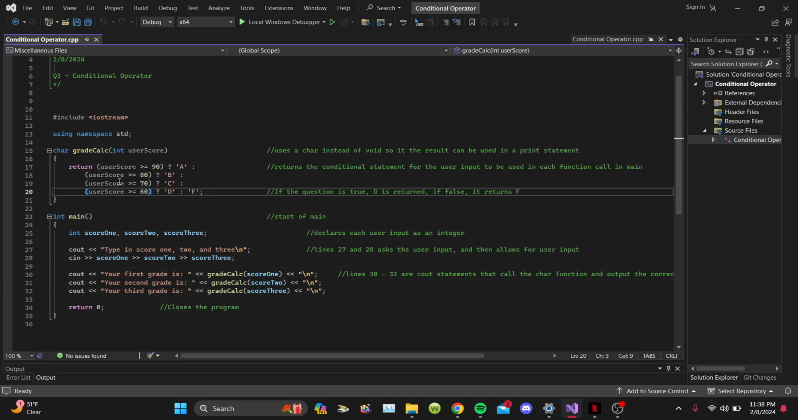if the user score is greater than or equal to 80, it returns B. If the user score is greater than or equal to 70, it returns C. If the user score is greater than or equal to 60, it returns D. If it isn't 90, 80, 70, or 60, and it's below that, it would be an F. That's 59% and below. Line 23, we have the start of main, and then much similar to the earlier iteration,